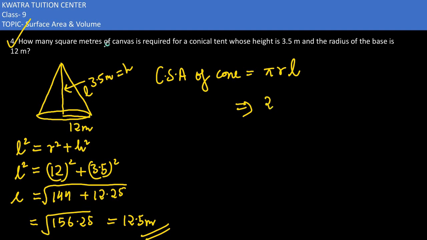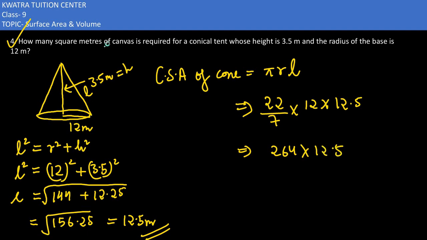Now pi in this situation is 22 by 7. R in this situation is 12 and L in this situation is 12.5. So now just multiply all these numbers and divide it with 7. First multiplying 22 with 12. So it is like 264. 264 multiplied with 12.5 then divide with 7. और अगर हम चेक करें 264 7 से डिविजिबल है तो इट इज नॉट. तो इससे बढ़िया तो ये है कि आप पहले मल्टीप्लाई कर लो with 12.5 then divide it with 7.